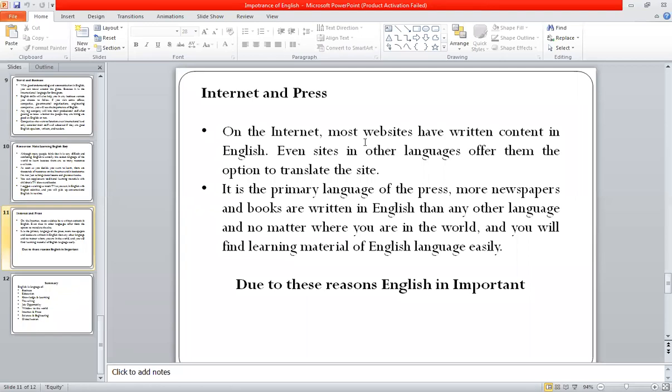So this is one of the points. Then the second point is, it is the primary language of press. What's the meaning of press? Press means the media, digital media or print media. There are two types of press: digital and print. So print media means